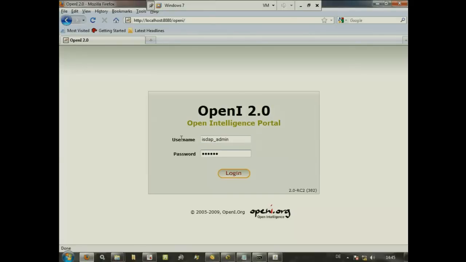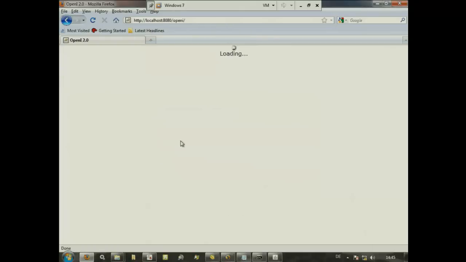Because Mondrian, the Pentaho analysis services, comes with a very simple web-based front end as well, but you don't have user authentication. You can't save any queries, any ad hoc queries, into the file system for later reuse and something like that. So OpenMy provides all that. So if we connect in here,